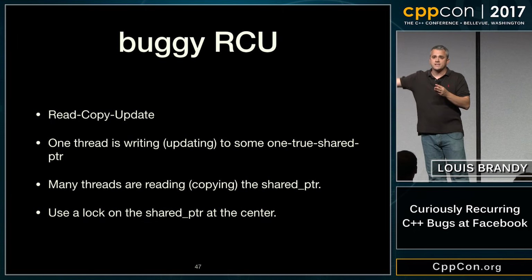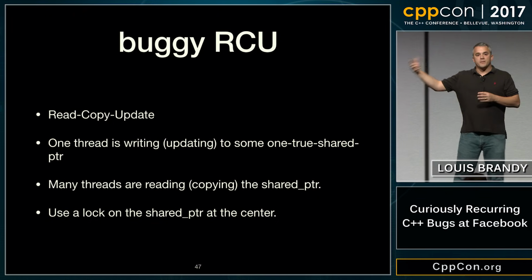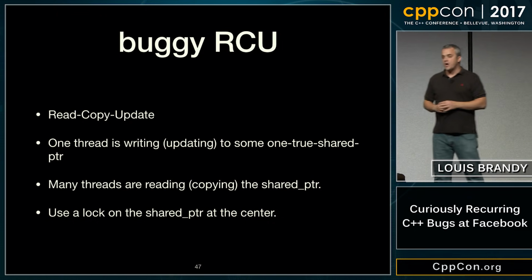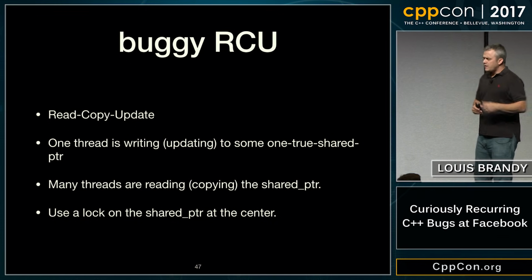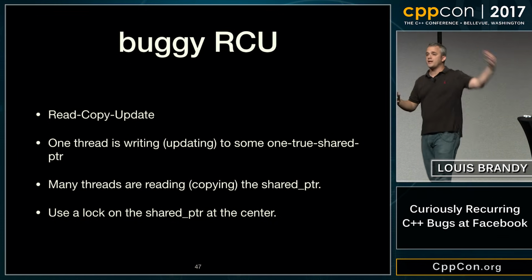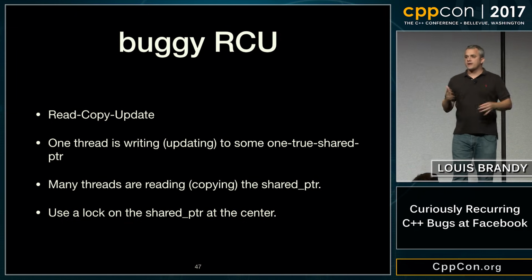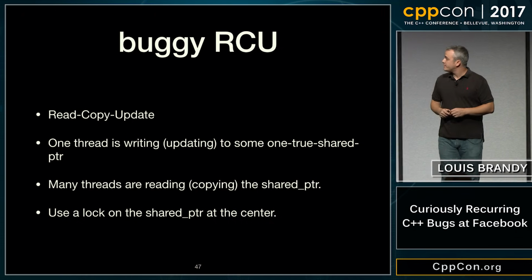And then on the next request, I'll grab a new state. So you won't update me whilst I'm in a request, but I'll pick up the update after I'm done. And this has a lot of lovely properties in a service, right? Because updates are really cheap. You're not really blocking anything to do your update. It has the downside, of course, that you may have multiple states in flight, right? Whilst you're updating one state, someone might be using the old one, and you've got to be able to tolerate several states in memory at once to have this work effectively.